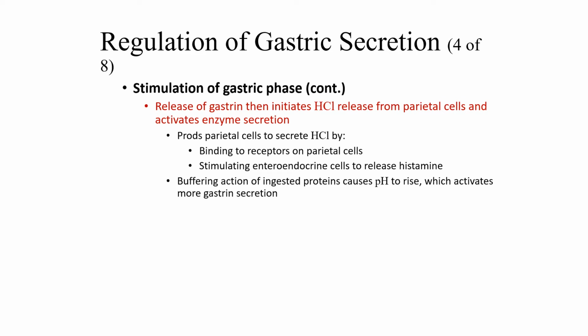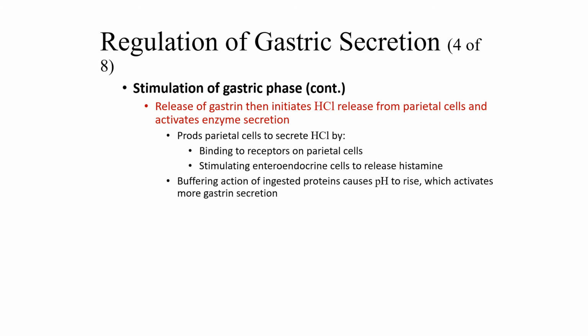During the gastric phase, we're going to see that gastrin is going to cause hydrochloric acid to be released from the parietal cells, and then HCl is going to break down pepsinogen into pepsin, and pepsin is going to break down polypeptides into smaller peptides. It also stimulates the release of histamine, all right? Stimulates the release of histamine, and then we're going to have